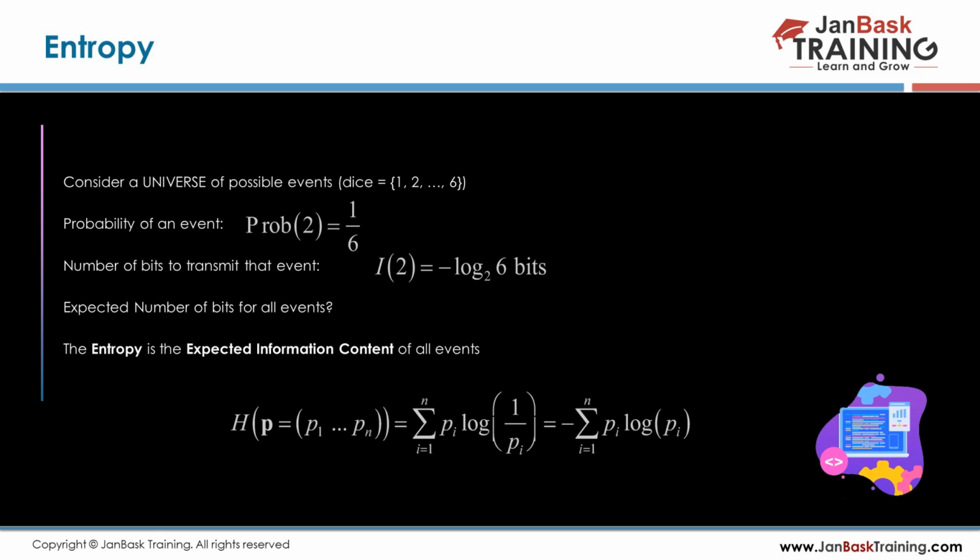If you roll a dice in Ludo, what is the probability of getting 3? The number of threes in a dice is 1, out of the total different numbers 6, so it's 1 by 6. This is what the entropy does. It takes the log of that value, and entropy is the expected information content of all the events. If you see here, probability 1 to n, and it takes the log. Probability is nothing but 1 2 3 4 5 6. These are the probability values.